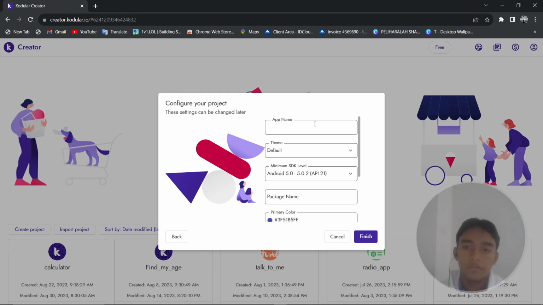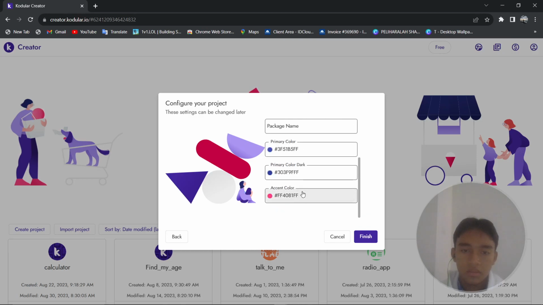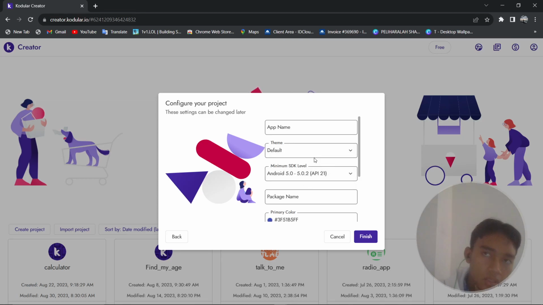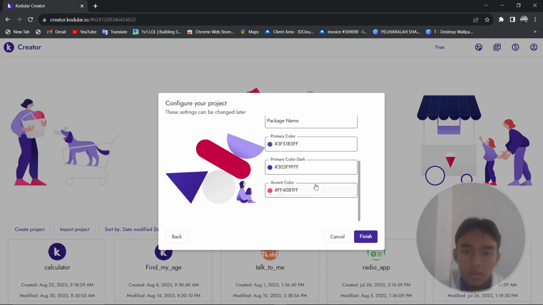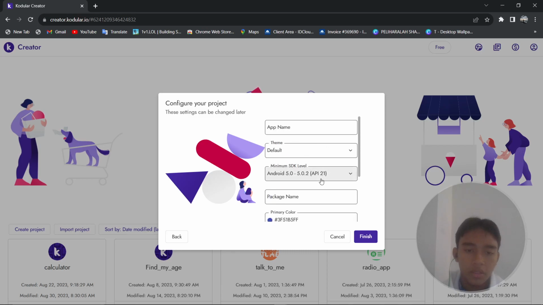projects. It's where you are going to configure your app name, the theme, whether it's light theme, dark theme, or the default of the device that will run it. And the minimum SDK level here is the minimum version of the operating system. So mine here is the lowest, which is Android 5.0, or API 21. And the package name here, later we're going to add our name dot the project name. So let's start from the app name,